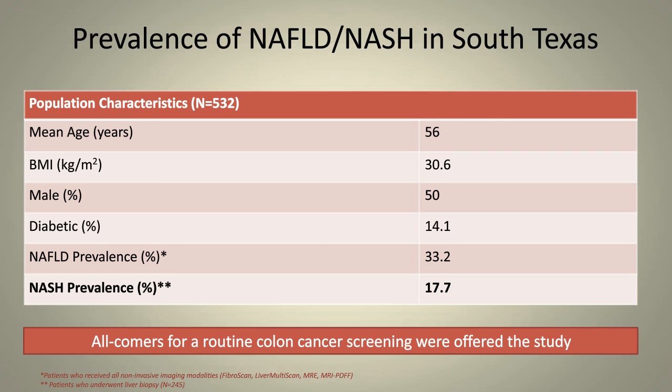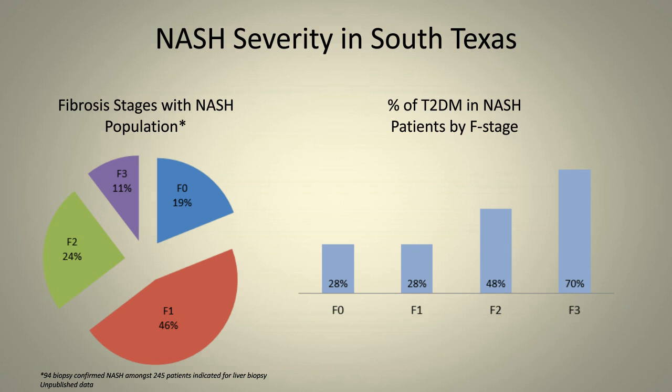Now, if we focus on the patients that had NASH on liver biopsy, some interesting statistics pop out. On this pie chart, you see 19% of patients had no fibrosis, 46% had mild disease. So ultimately 64% or 65% of the patients had mild fibrosis or no fibrosis. But maybe just as interesting to me, a third of patients had F2 to F3 disease. Now remember, these are people that came in thinking their livers were completely normal. And a third of them, it turns out, that had NASH had moderate to advanced liver disease. So that was interesting to find out.